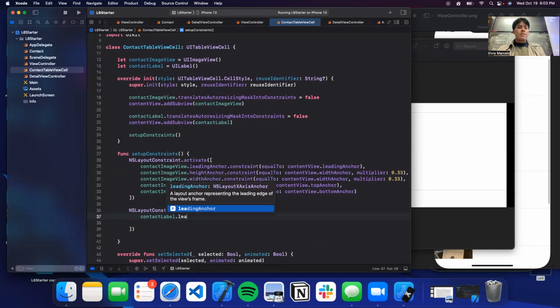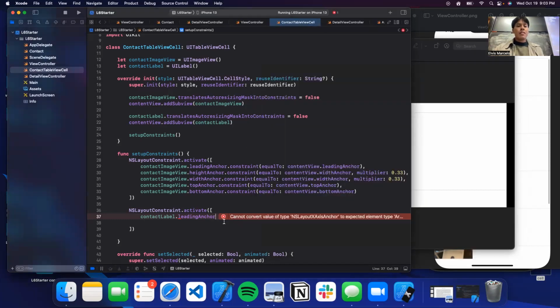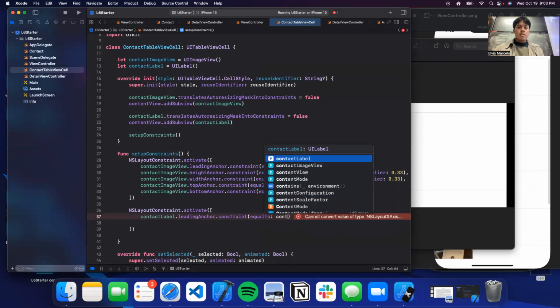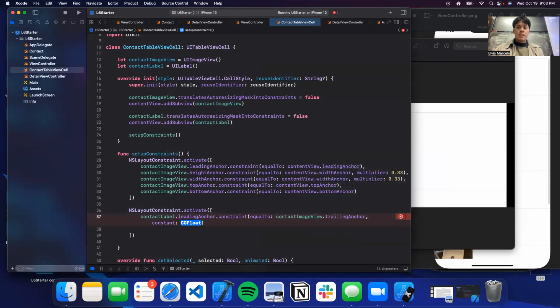So luckily for us, we don't really need that many constraints for the label. We just need like 2. We just need this label to be, let's say, 10 pixels from the trailing end of the image. So let's say dot leading is equal to constraints, or actually not content view, contact image view trailing with a constant of like